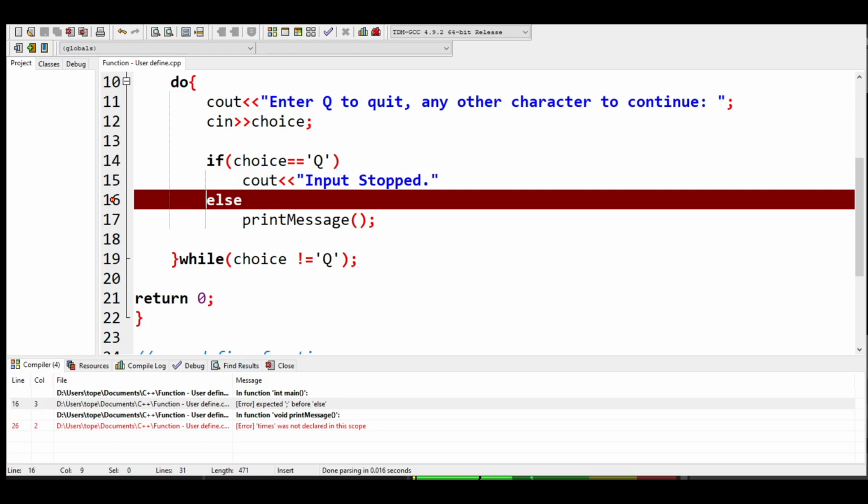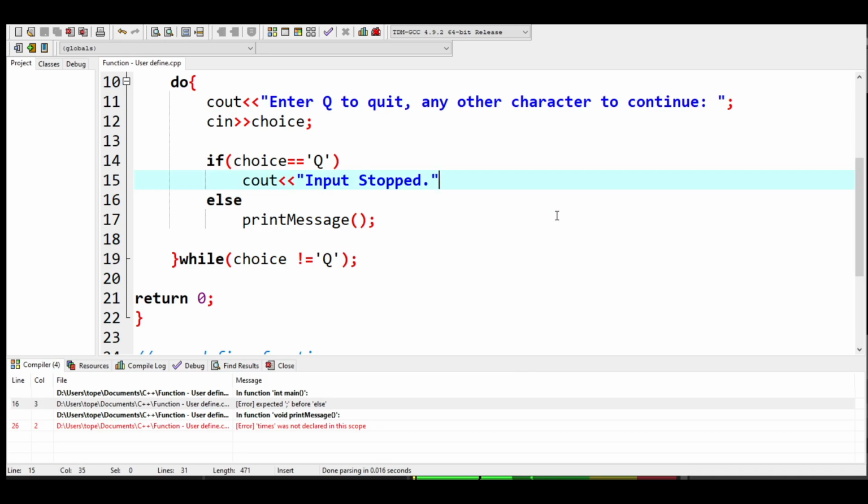So we have here an error, so unexpected semicolon, so we do not have semicolon here,